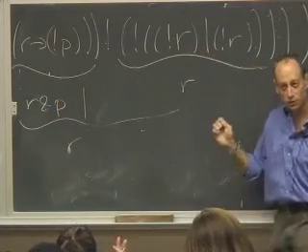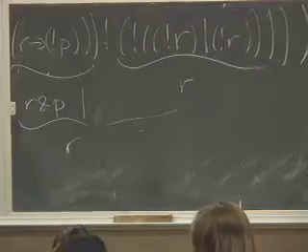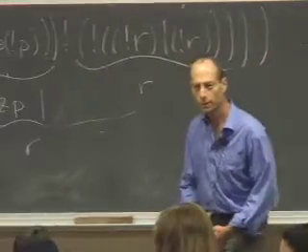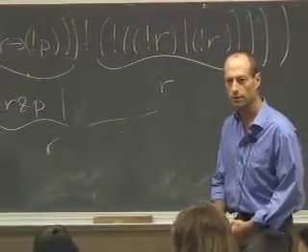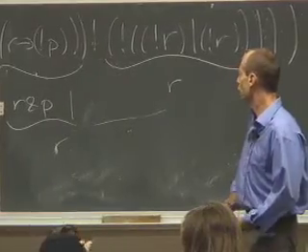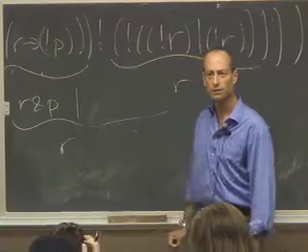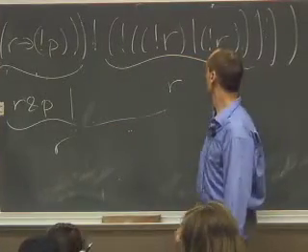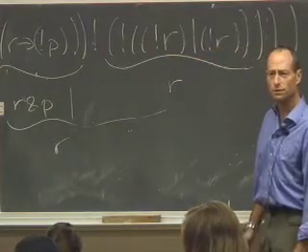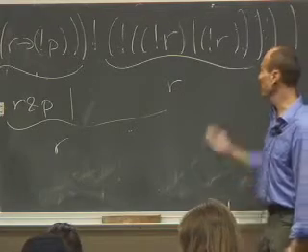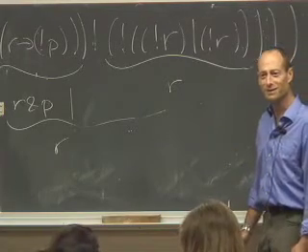Yes, question? Is it always assumed that only R is always true? What if it's not R? If R is false, this whole thing is false. Yeah, I understand. The innermost expression, not R, right? What if not R is not false? Then it's true. So it's going to give the same.